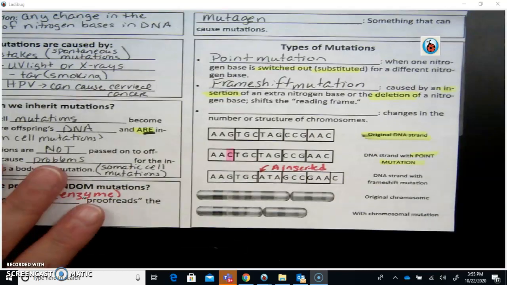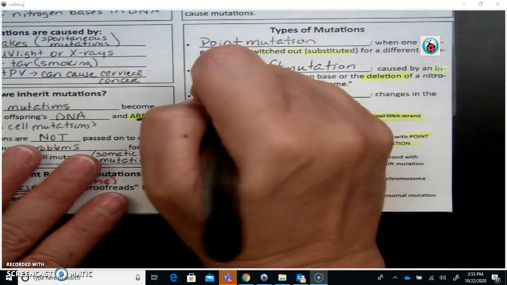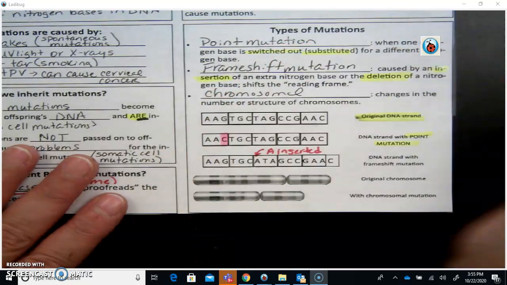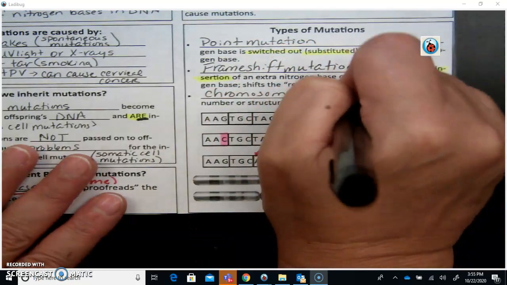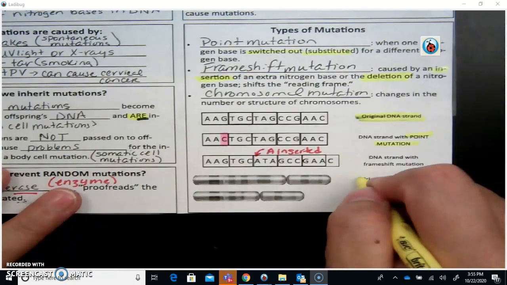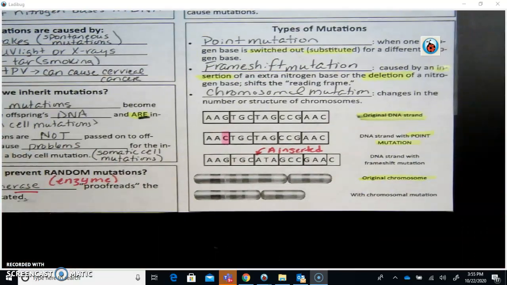And then the last type of mutation is a chromosomal mutation. We'll talk more about that later when we get to cell division and genetic diseases. So again, here we have the original chromosome. And we can see that this piece right here